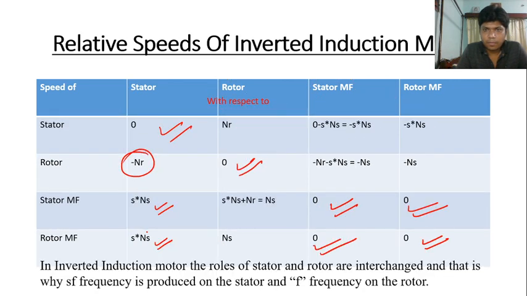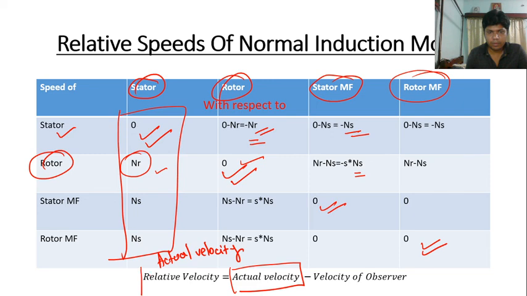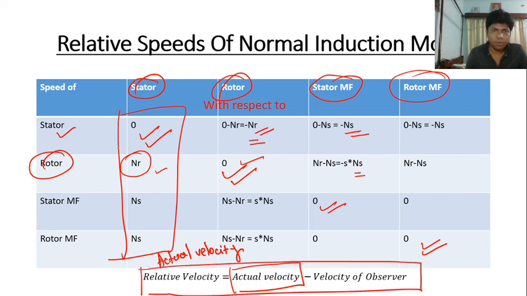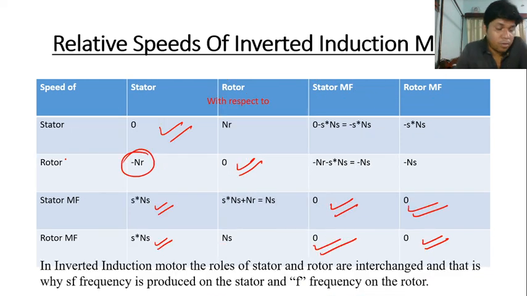Always keep this formula in your mind. If you know the value of the first and second columns of the relative speed of the stator with respect to stator, then you can easily calculate the other relative speeds of the normal induction motor, right? Finally, in case of an inverted induction motor, the roles of stator and rotor are interchanged. That is why sf frequency is produced on the stator and f frequency on the rotor. So this is all about the lecture of the rotor fed